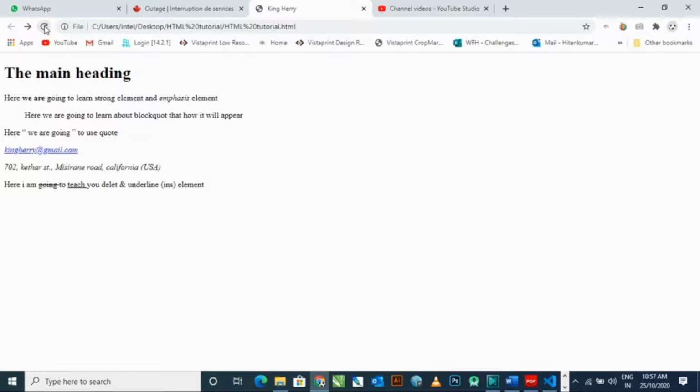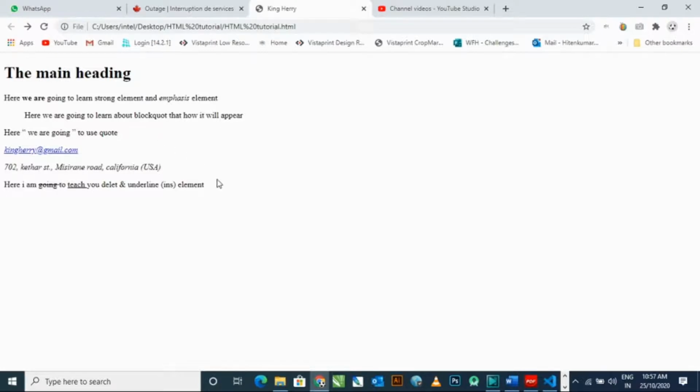Here you can see the word teach is underlined. I am using the ins command here, and the delete command I used to delete the word going. So this is very simple. Here I used the address, delete and ins commands.